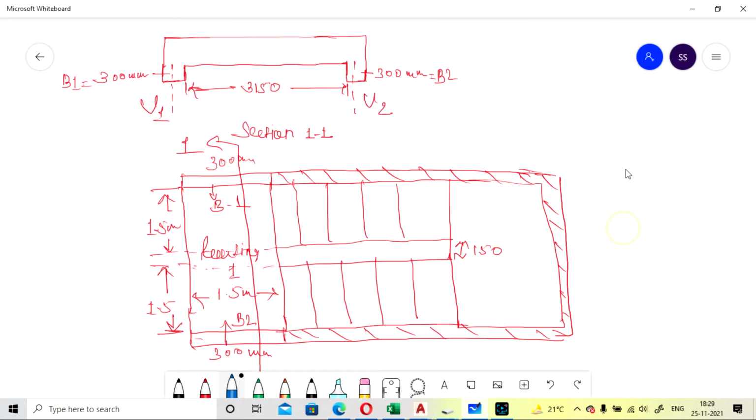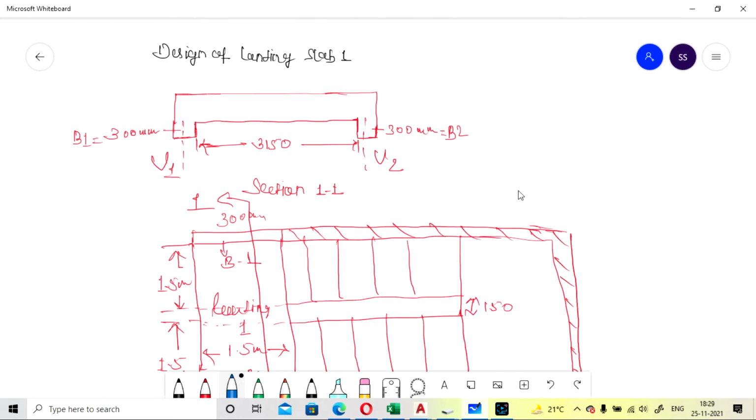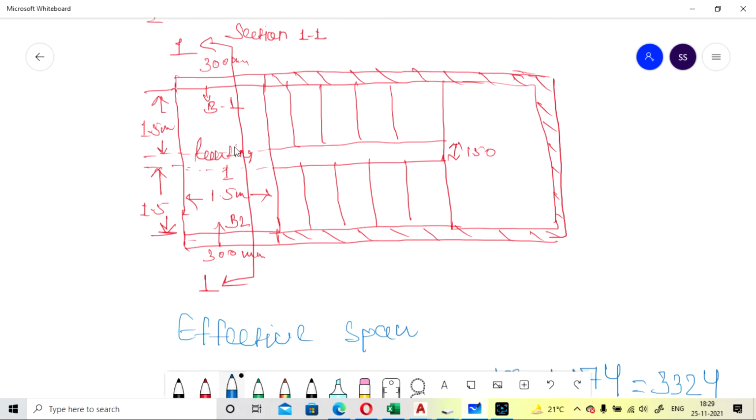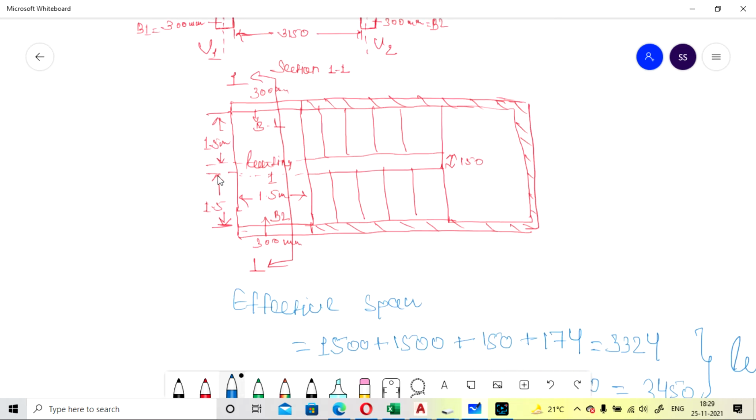For section 1-1 we have to find the steel for landing 1. So this will be landing 1, and here it is 1.5, and the gap between the flights is 150, and the other one is also 1.5 meter in width.